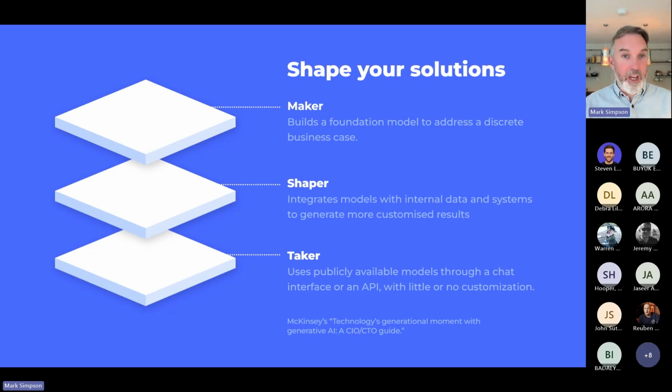The next level up is the shapers, who are going to take those industry models and they're going to customize it with their business's data and their business processes. That's where I think a lot of our customers, the large enterprises, will be at and where the benefit will be. So, at this stage, it's about building that application that can utilize those APIs. Your own data can apply patterns 1 to 7 that we've done, and potentially number 8.